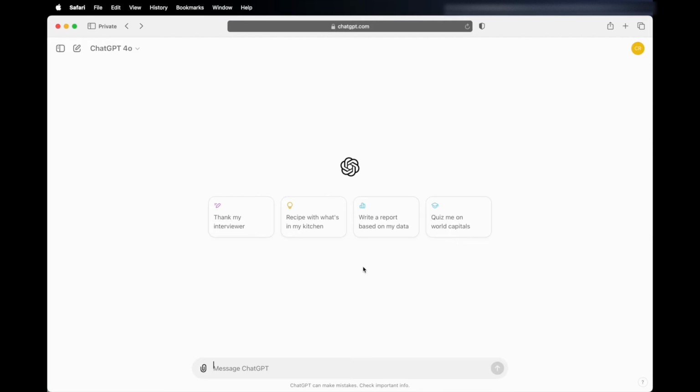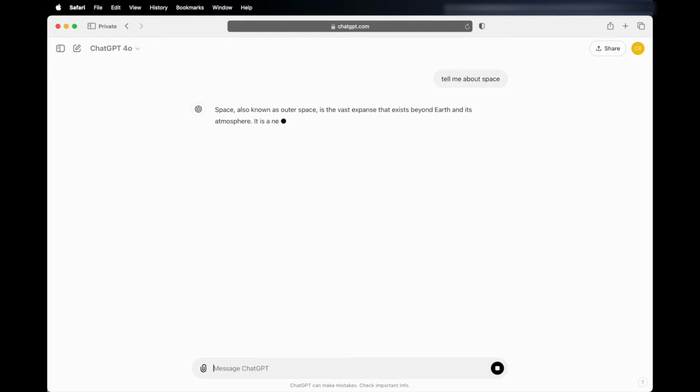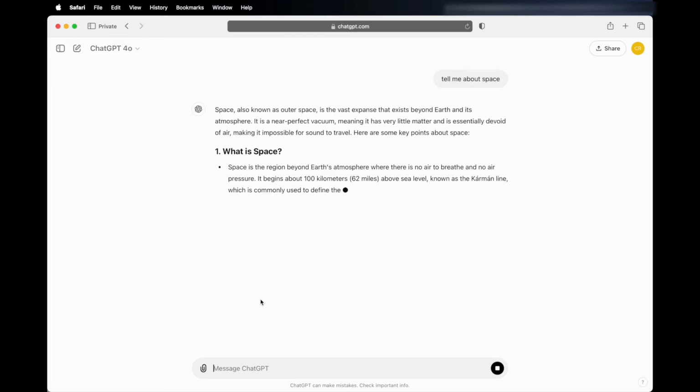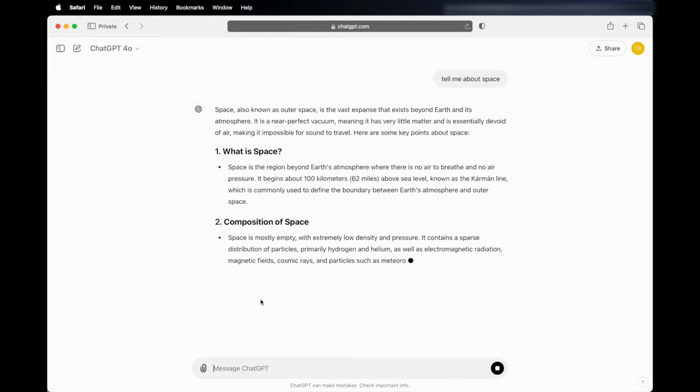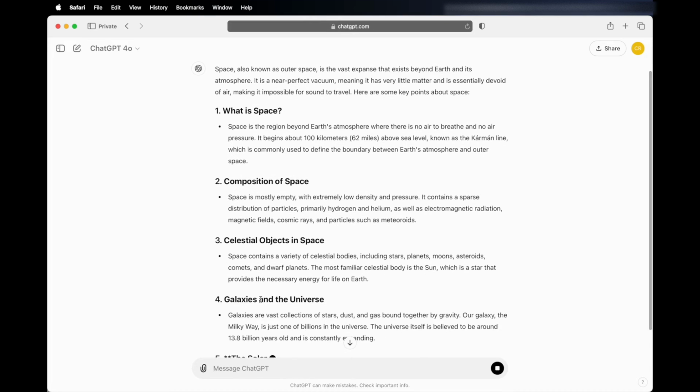So now the key tip for getting the best results from ChatGPT is how you frame your prompts. The more specific you are, the better response you'll get. Instead of asking, "Tell me about space," which I'll put in as an example, and that's coming up with an answer while it's typing that out. So instead of putting in something like, "Tell me about space,"